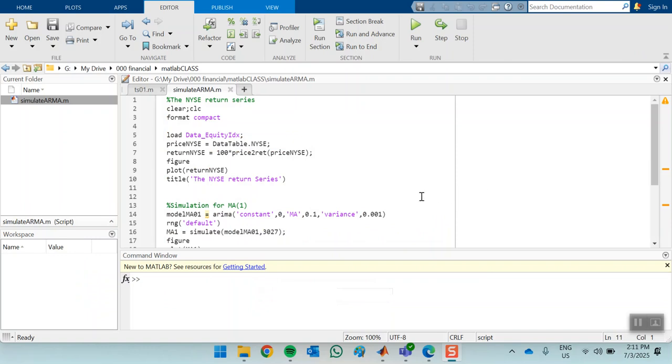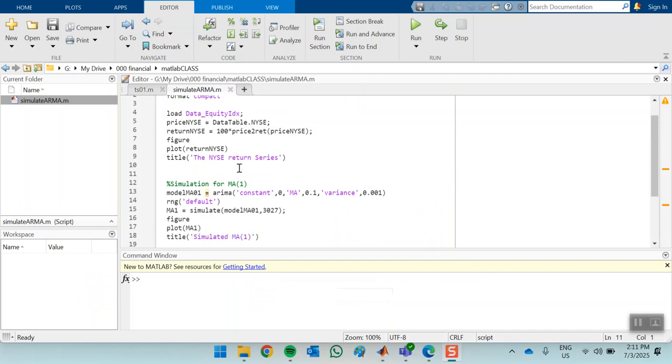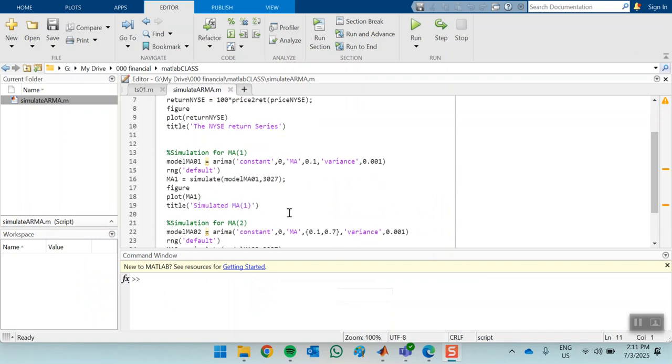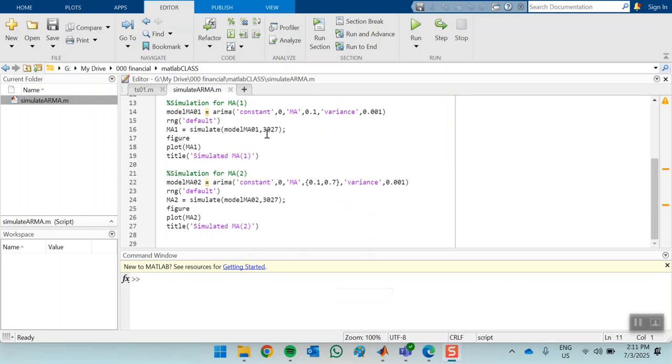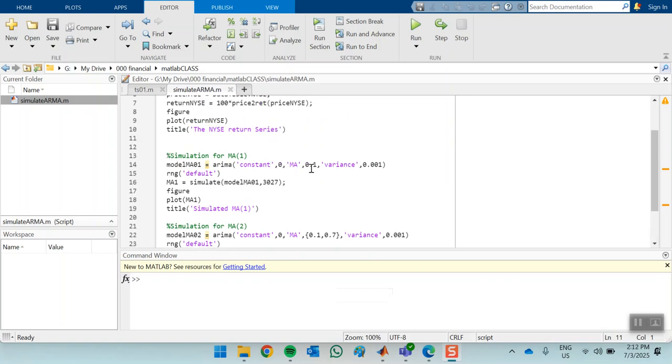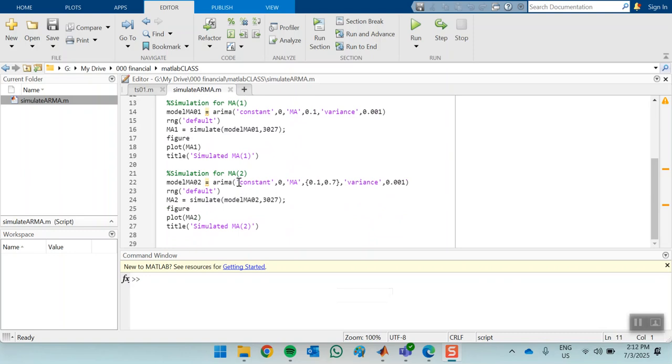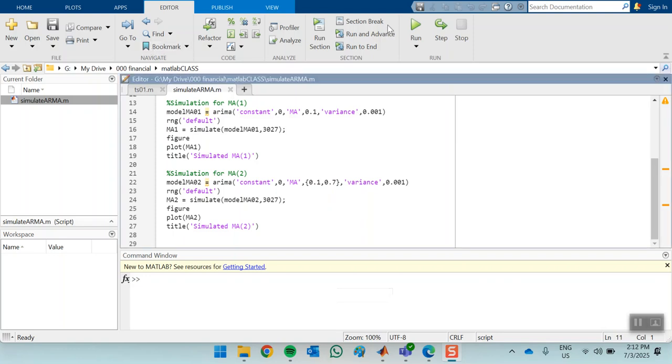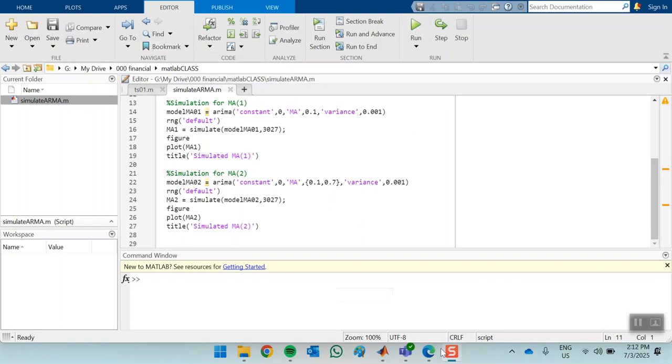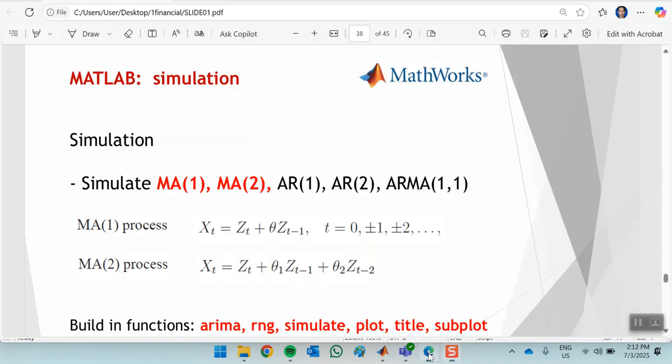So previously we have simulated the MA1 and MA2 models using the coefficients of theta 1 = 0.1, and for another MA2, theta 1 is 0.1 and theta 2 is 0.7. Okay, so let's look at the result one more time. Basically we have